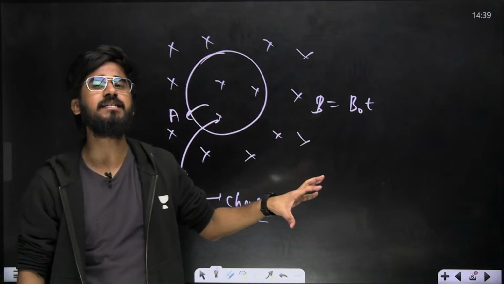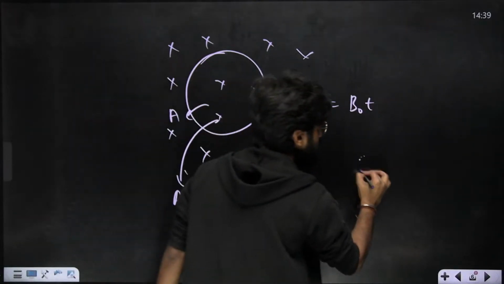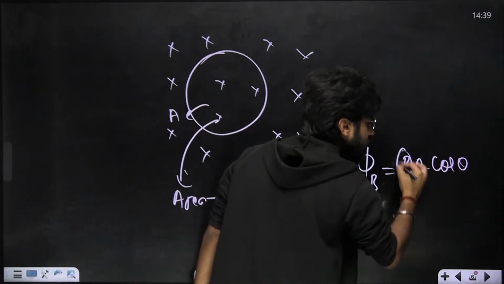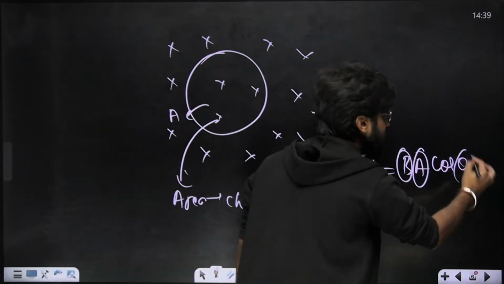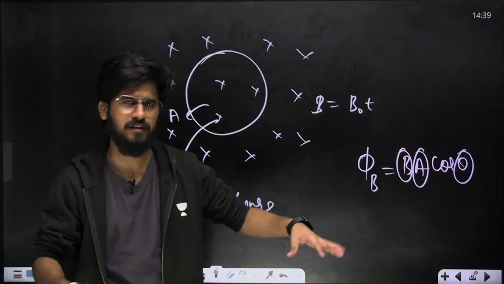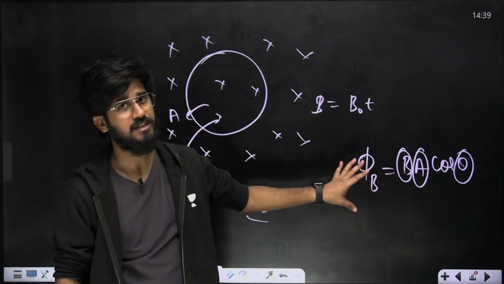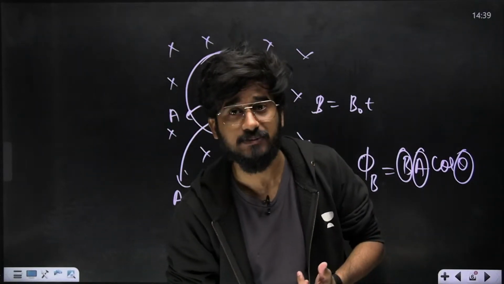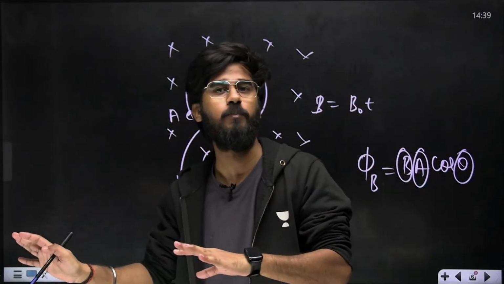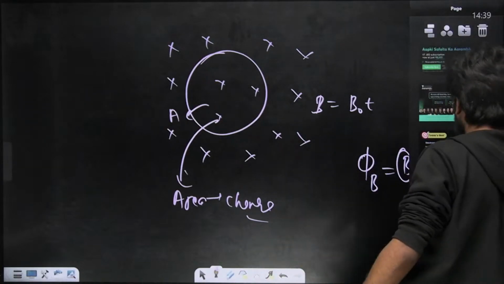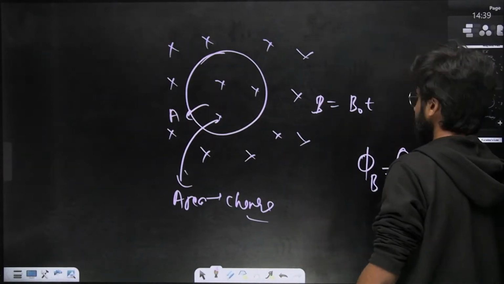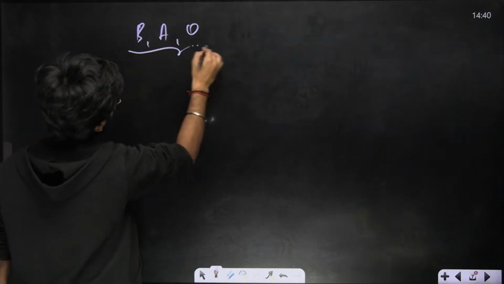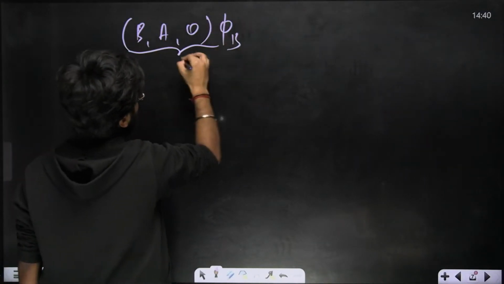If all these three things are changing, we can simply say we saw that phi B equals BA cos theta. It means if B is changing, A is changing, or theta is changing, all these three quantities one by one is changing, then the flux is changing. And if there is a change in flux, then there is a small current flowing through this particular loop. Now we will just make it like a story, that B, A or theta, if these things, that means phi, changes,